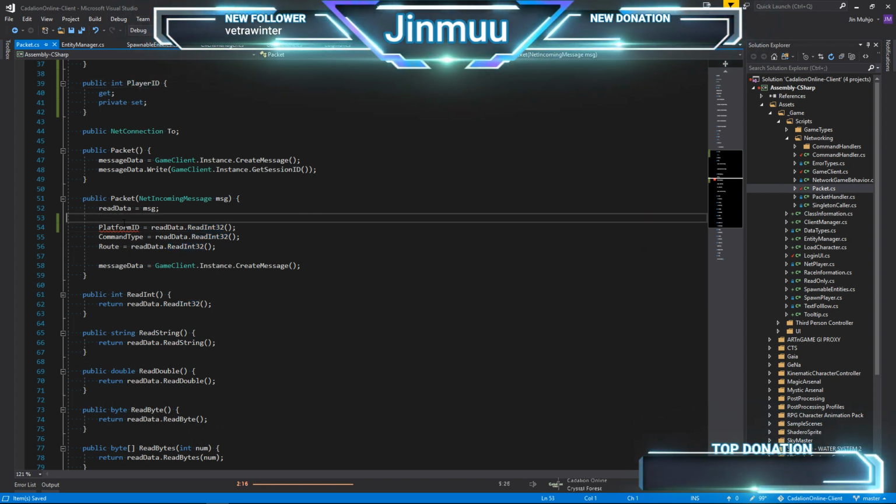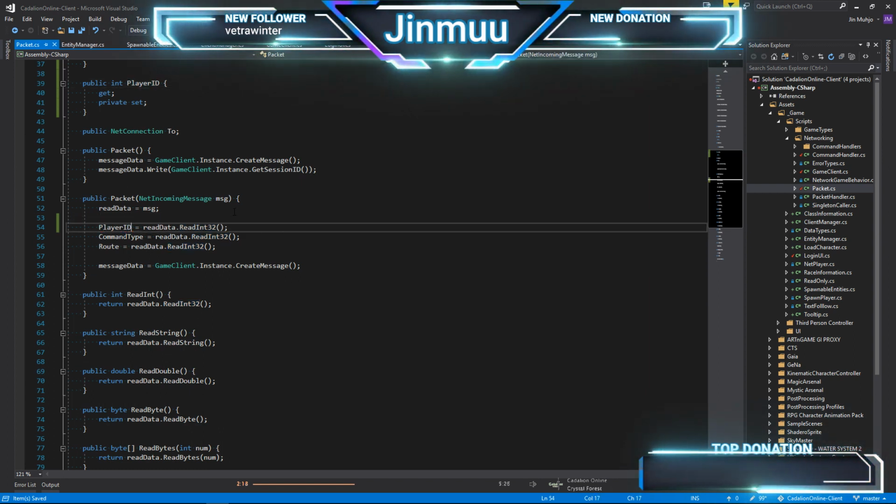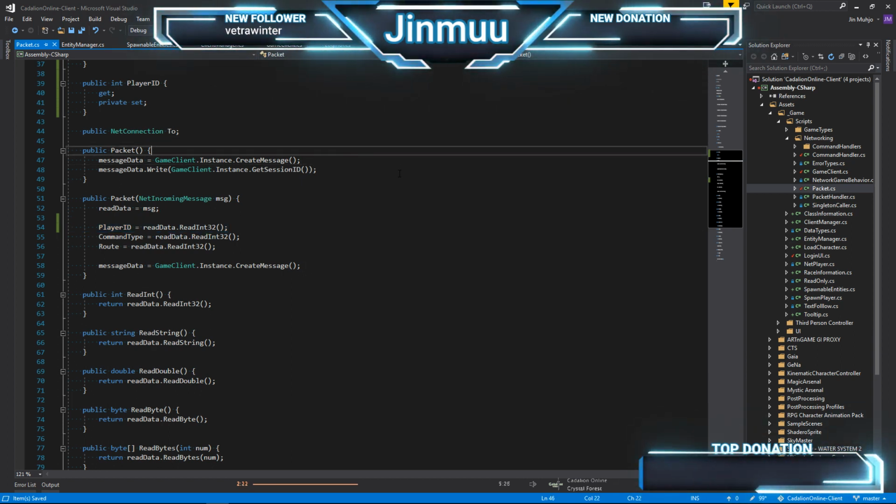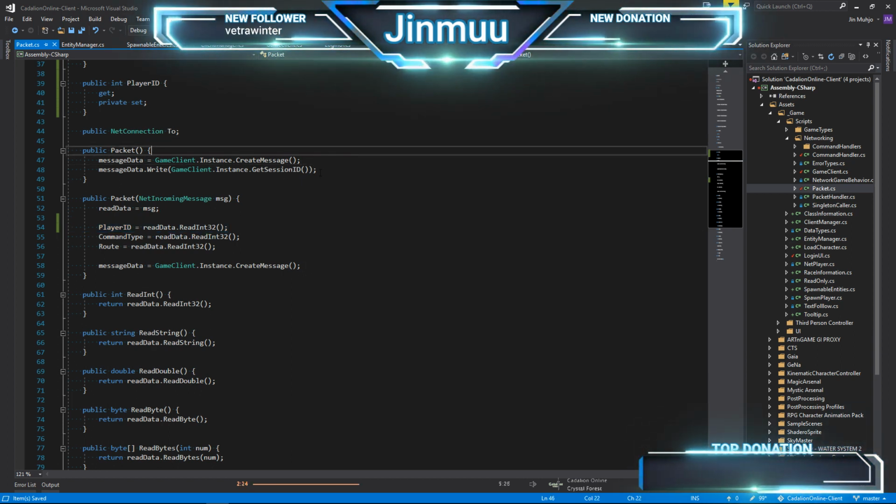Why does that say platform ID? It's player ID. Thank you. All right, and then I do want to do the first thing I do. No, that's fine. Okay. Now what I want to do here